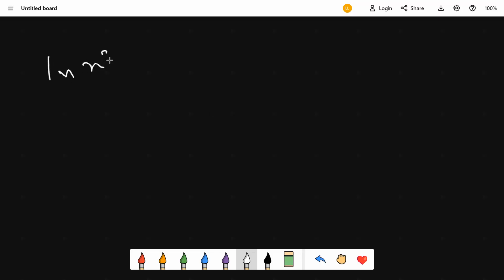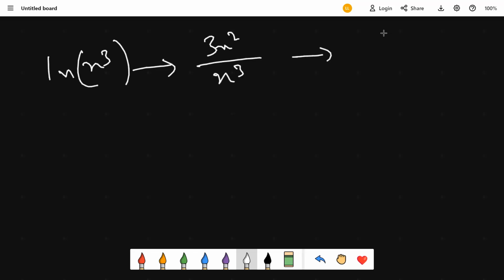we get from ln x cube to 3x square by x cube to 3 by x. Now how did we get this? Because we differentiated this: whatever was inside comes in the denominator, and differentiating the inside value gives us 3x square. And then we simplified it to get this one. So the reverse is integration, isn't it? Now,